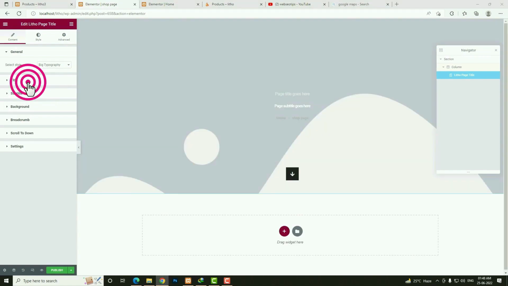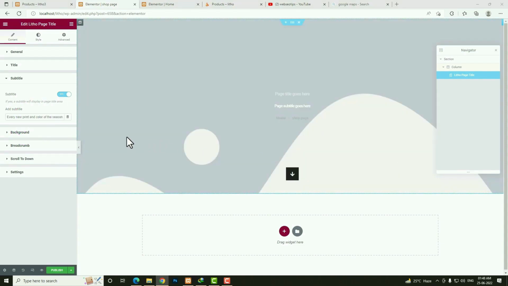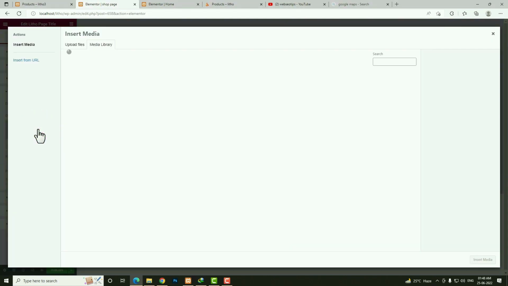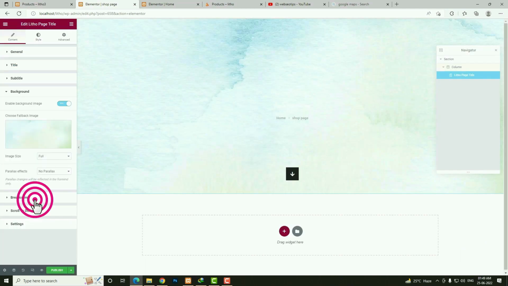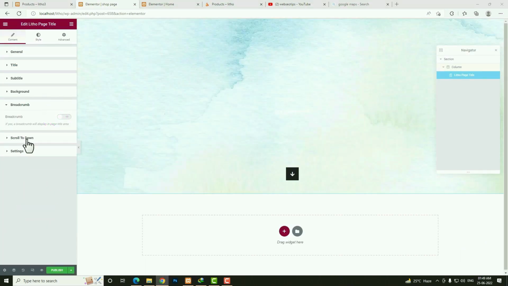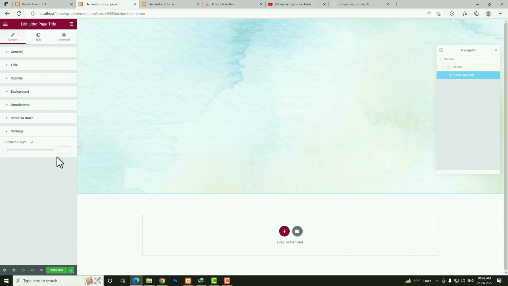Now let me click on the title. The title I want is shop page. The subtitle will be this one. Click on the background. Let me choose the background from the media library. Suppose I am taking this image. Click on insert media. After that click on the breadcrumb. Not needed, so disable it. Scroll down, I mean this icon, that is also not required, disable that. Click on the settings, let me make it